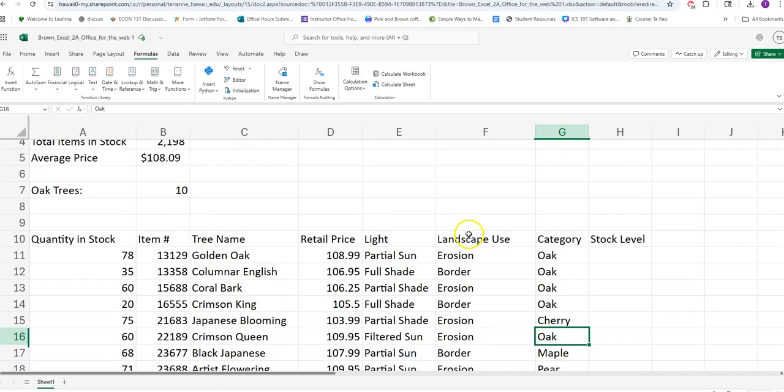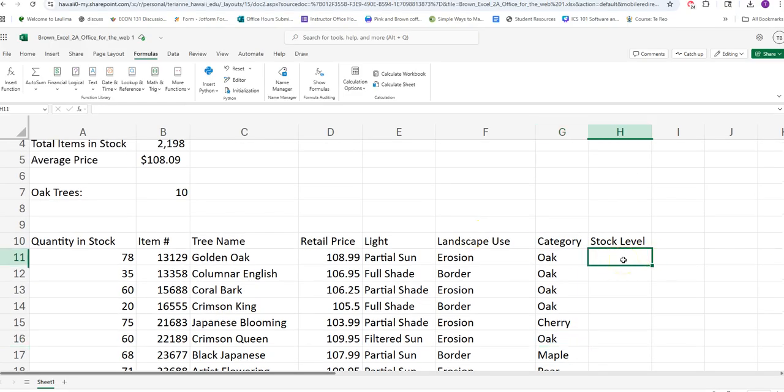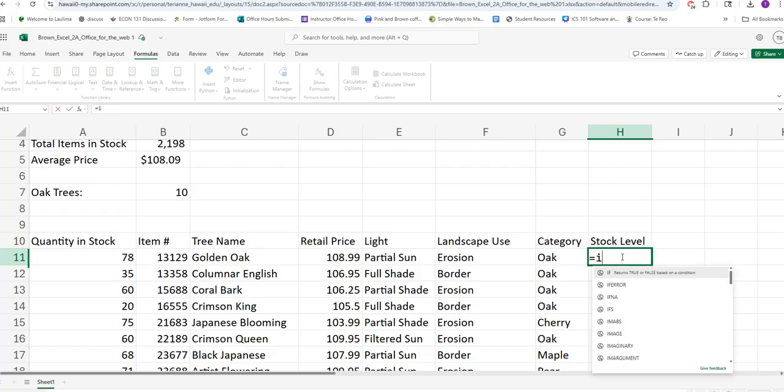For step 11, we're going to click in cell H11, and then we're going to insert an IF function. An IF function is a logical type function. There are two ways that we can do this: we can use our Function Library, or we can type directly into the cell. What I'm going to do is type equals, because whenever we start a function or a formula, we start with the equal symbol. I'll then type in IF, and notice that a drop-down menu appears. I'm going to select IF,